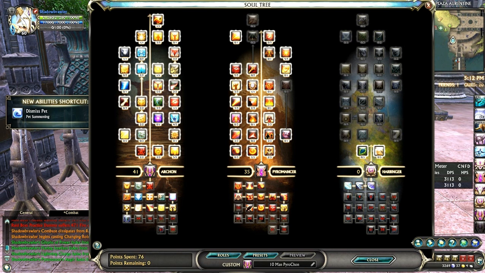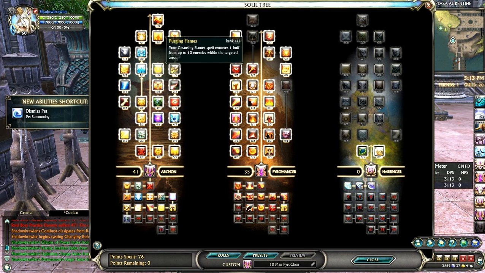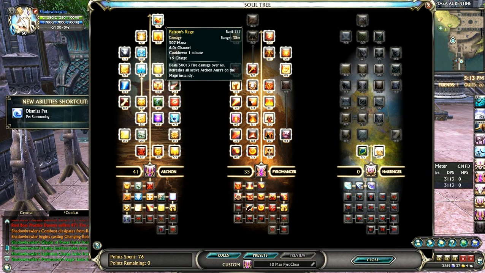Starting with the Archon tree: 5 in Soulfire, 3 in Favored Ally, 2 in Blood Pact, 4 in Vital Assistance, 2 in Altruist, 1 in Lava Field, 3 in Empowered Aegis, 2 in Speed and Numbers, 5 in Rising Vengeance, 2 in Lava Spout, 1 in Earthen Barrage, 1 in Purging Flames, 2 in Power and Numbers, 1 in Waning Power, 2 in Earthen Shards, 3 in Inspiration, 1 in Spark Shower, and 1 in Patron's